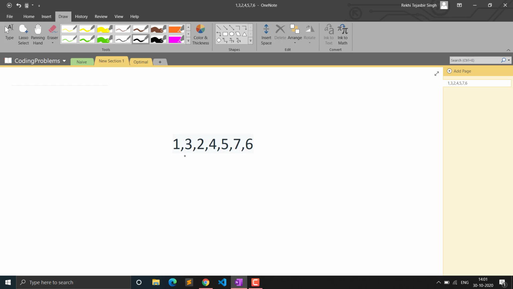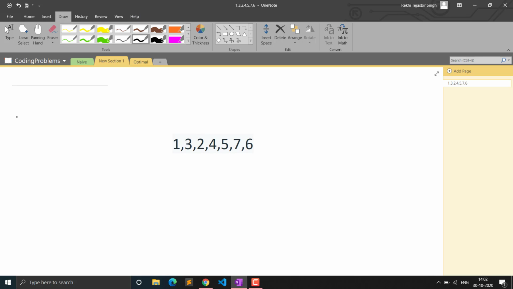Because you can see it forms some subsequences which satisfy the condition. You can see 1, 2 and 4, they satisfy the condition. 1 is less than 2 and 2 is less than 4, and the indices are also less than each other. Now you can see 2, 4 and 5 also satisfies the subsequence, and 4, 5, 6 also satisfies the condition. So that means the answer should be true for this particular example.